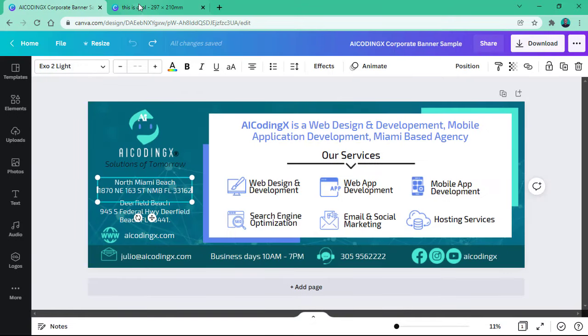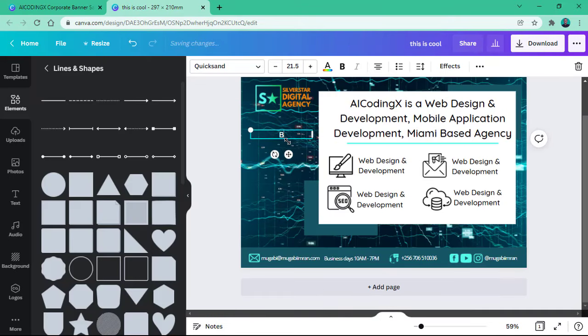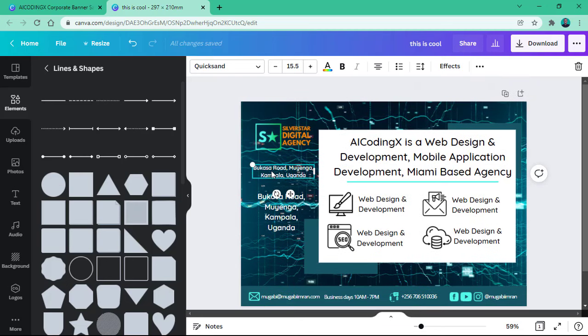Okay, so we need the location. We're going to say, alright, that's the address. And what else? The building name or whatever you want to put there. If you want to put the slogan, just duplicate this one, take the text up there and reduce the font size, like that, so you have a nice small font for the slogan. Maybe I think the logo is good where it is, something like that. For the slogan, you have the location,